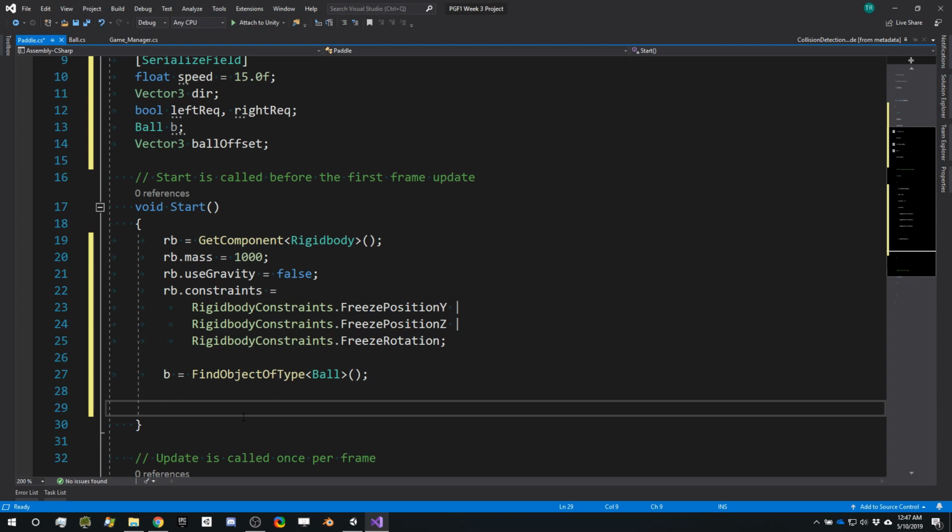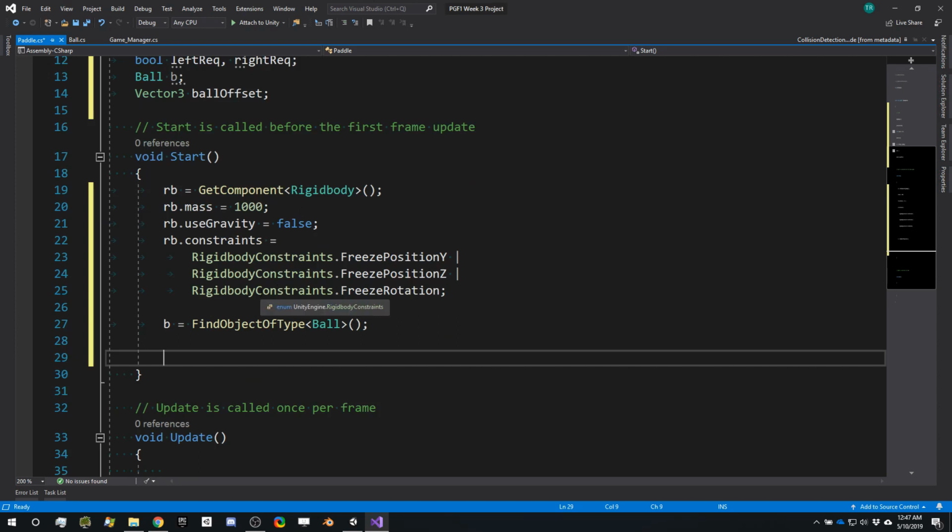So if we ask for that information, if I take from the center of the paddle up to the top, and then I take the radius of the ball and I add those two numbers together, that is the exact offset from the center of the paddle to the center of the ball to make it look like the ball is resting perfectly on top of the paddle. So in order to calculate that, what I want to do is fill in the ball offset Y, because the X is, remember, going to be wherever the paddle is horizontally. So I'm not worried about X, but ball